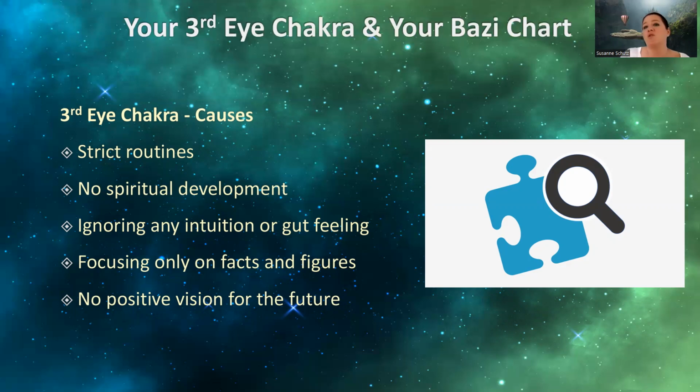And so you don't even know that you could have intuitive decision making abilities. And then also, if you are surrounded by people who have no positive vision for the future, this will obviously impact your own vision for the future. So if you're always surrounded by naysayers, always surrounded by people who just think of the worst case scenario, always surrounded by people who just plan for the worst rather than looking at what good could come into their lives, then this could also be a cause for a third eye chakra block from a very early age on, because